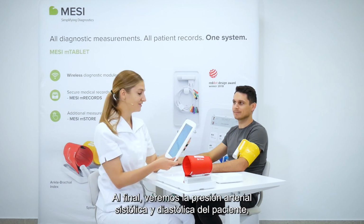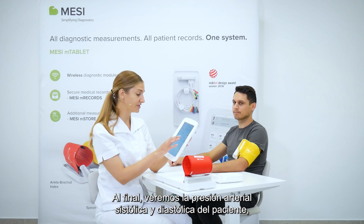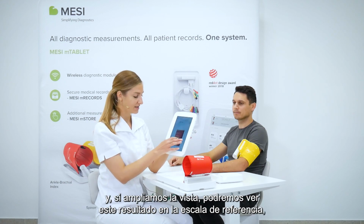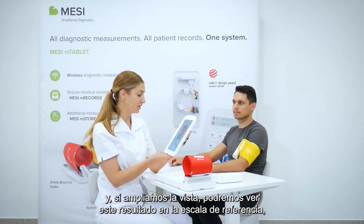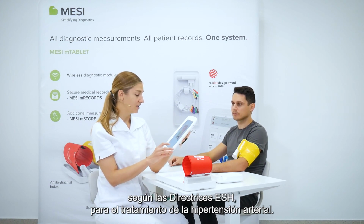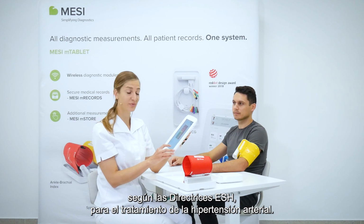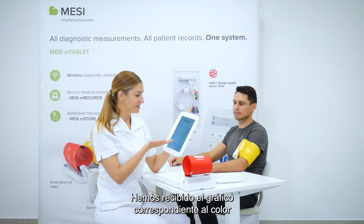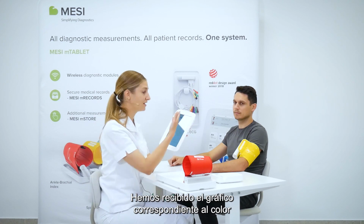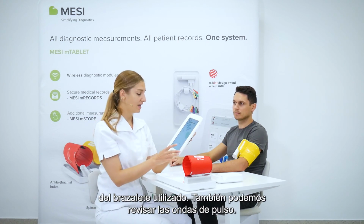In the end, we receive the patient's systolic and diastolic blood pressure, and if we expand the view, we can see this result put onto the reference scale according to the European Society of Hypertension's guideline for management of arterial hypertension. We receive the graph, which corresponds with the color of the cuff that we used, and we can also